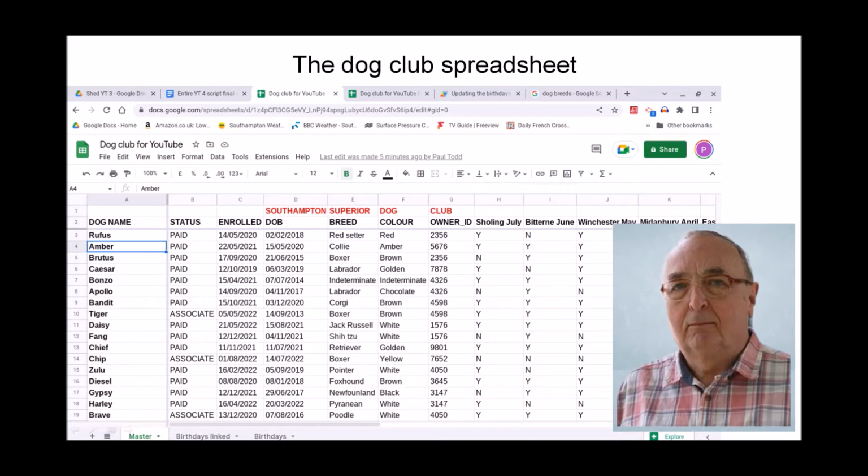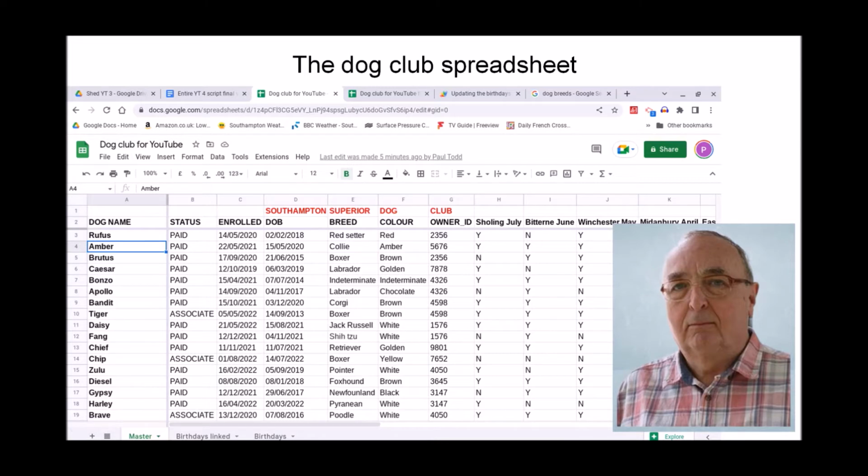So we need this information and this information to go into our birthdays sheet. We also have an enrolled column, that is the date the dog was enrolled. That is not relevant to what we're doing today. We don't need to take the information for this column across. We're keeping it for the future because it does help to explain historic attendance, since a dog won't have attended any competition before the dog was enrolled. We then have the date of birth column. The date of birth column clearly is important for the birthdays list, and we will be taking that information across